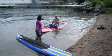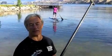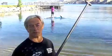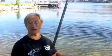Some of the safety features for stand-up paddling: always wear a leash. That way, if you happen to fall off your board, forget about the paddle, it'll float. Get back on your board. That's primary number one. Because if you are a bit of a weak swimmer and you're trying to hold on to a paddle, you're going to wear yourself out pretty quickly. And if the water is cold, that adds even more to the stress. So get back on your board first, lie out in the prone position like on a regular surfboard, and paddle towards your paddle. Because now you're on your board, you're more relaxed, and now you can go retrieve your paddle